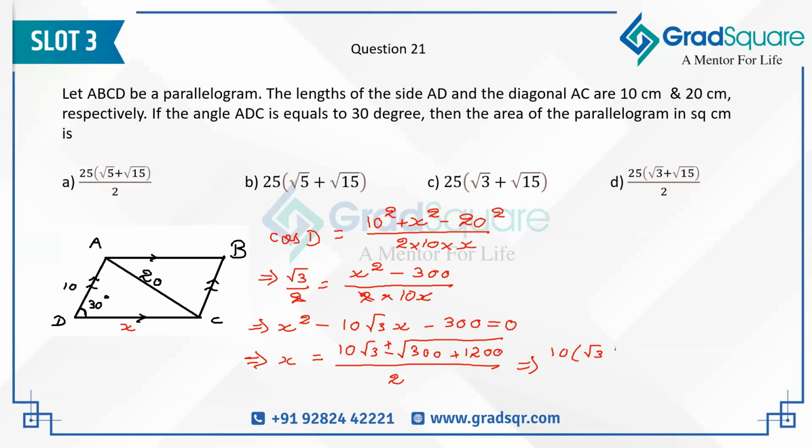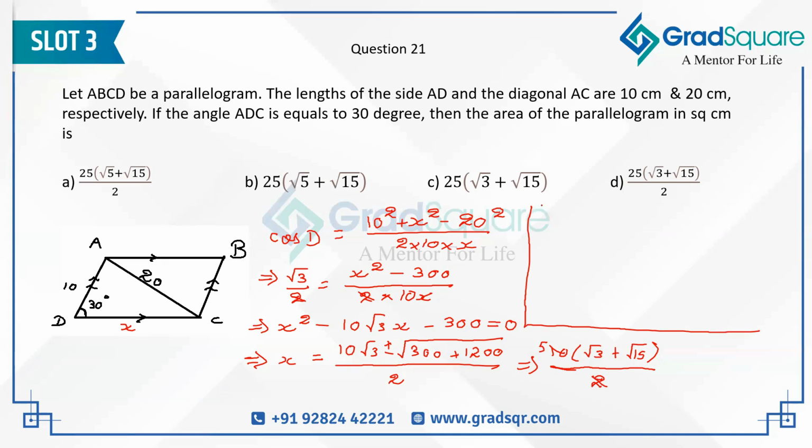I will not consider the minus sign here because root 3 minus root 15 will be negative and the length of a straight line cannot be negative. So 10 into (root 3 plus root 15) divided by 2. For simplifying this, I'll get 5 into (root 3 plus root 15) will be the value of x, or the length of CD. Now that we know this, we can easily find out the area of the parallelogram because